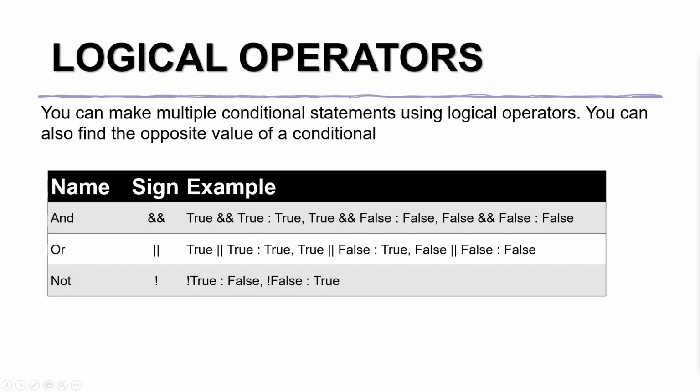So we can add some more complex code in our if statements by using logical operators. And these are so that you can make multiple conditional statements in one if statement. So, for example, we can test to see if two things are true. So we would use the and. An example would be